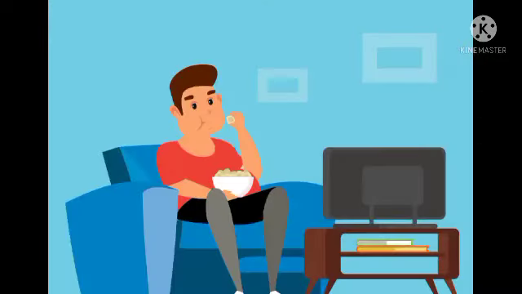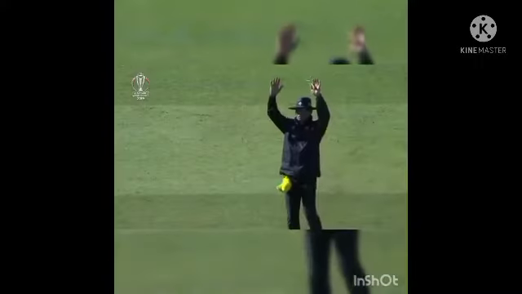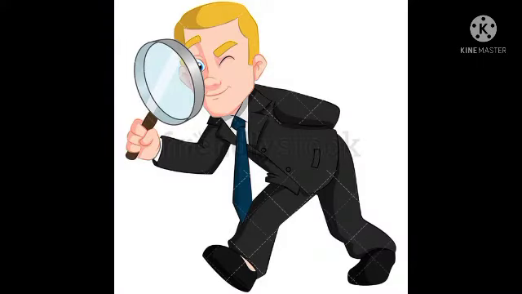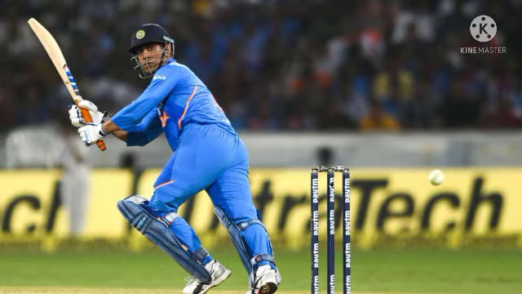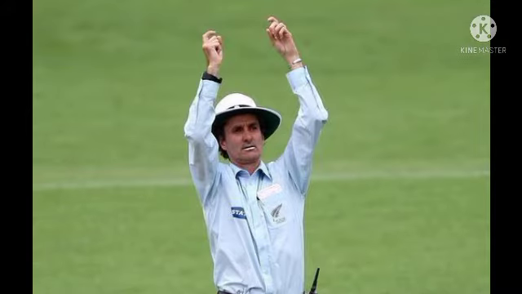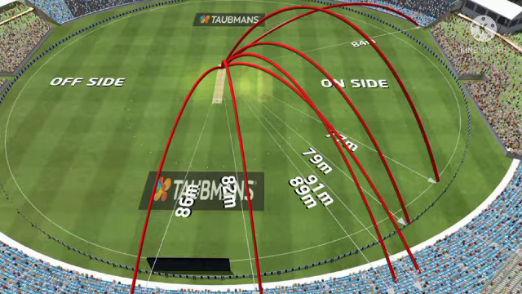Everyone in this world loves cricket because cricket is the most interesting game. Students, have a look at this video. It's gone a long, long way. What did you observe in this video? Yes, my dear children, a batsman is hitting 6. After hitting 6, in your television, you can see a picture like this. What does this picture represent? Yes, the red color lines in the picture represent the distance travelled by the ball.